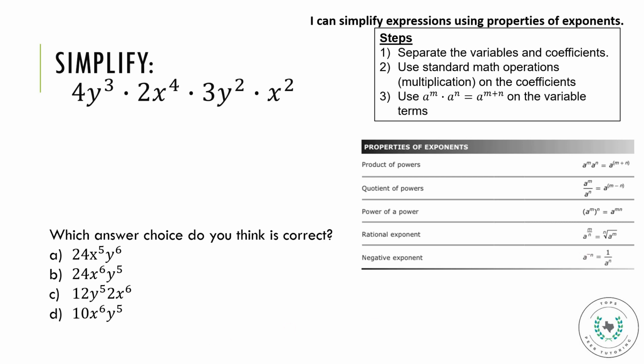So, in this case, the correct answer choice would be B. And I'll explain why now. So, we start off with our coefficients. We have 4, 2, 3, and remember,